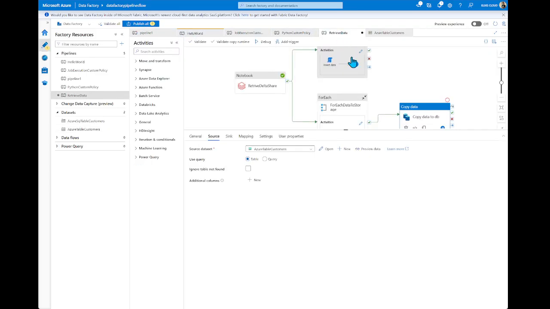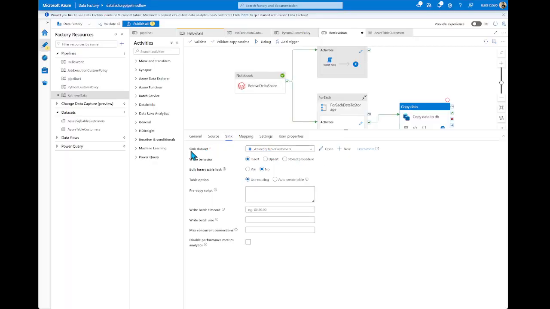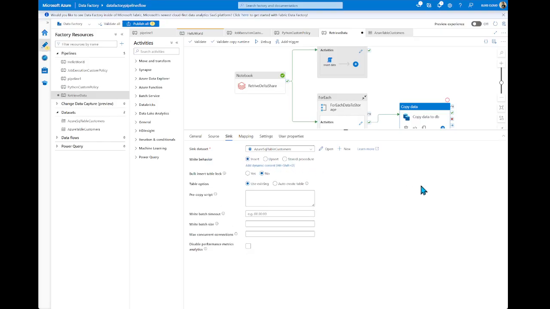And in the sink, we have another dataset called SQL table customer. And this is the same as what we did previously, the same information about how to connect to the SQL. And we have some write behavior, what we need to do. So in our case, we need to insert data as is.